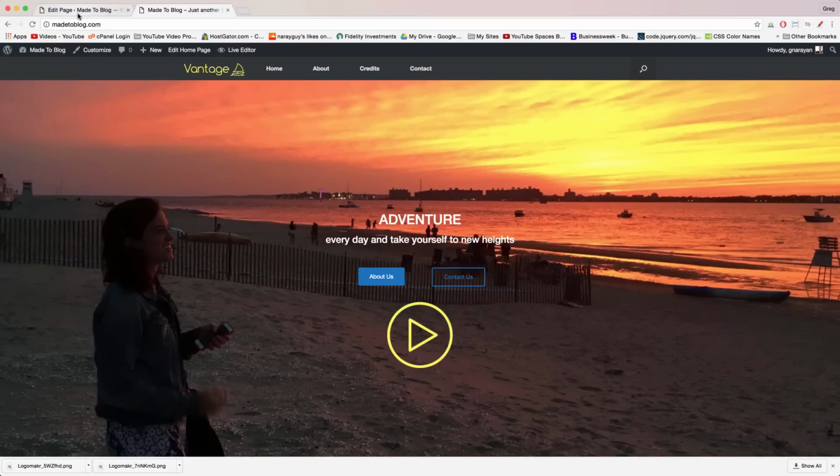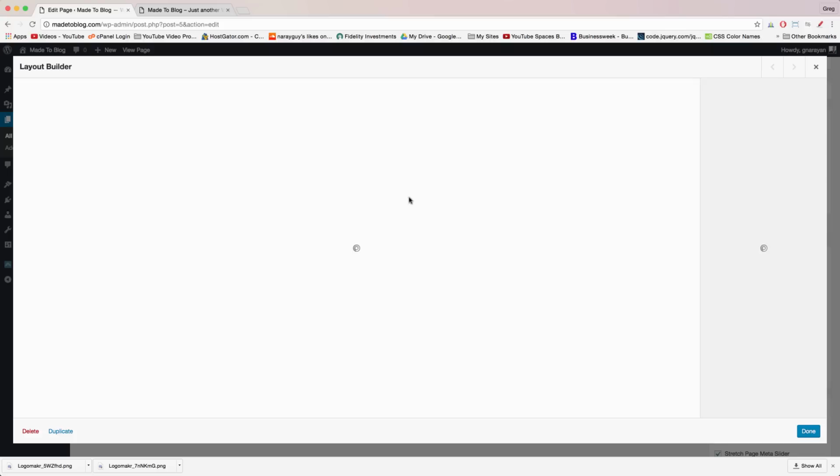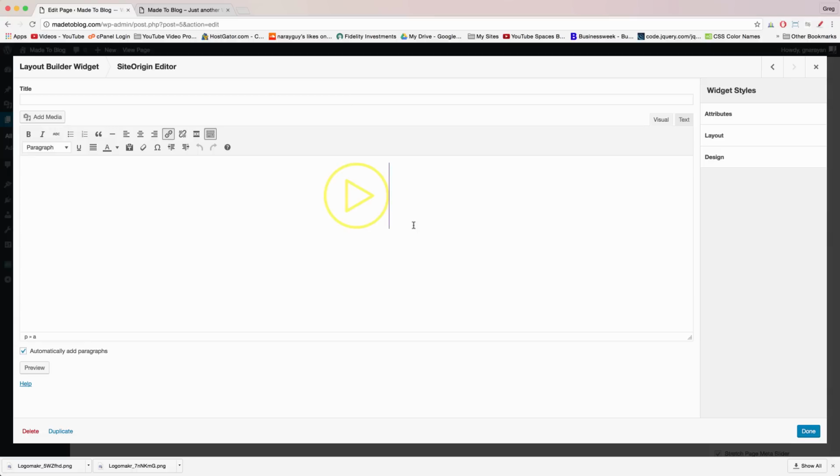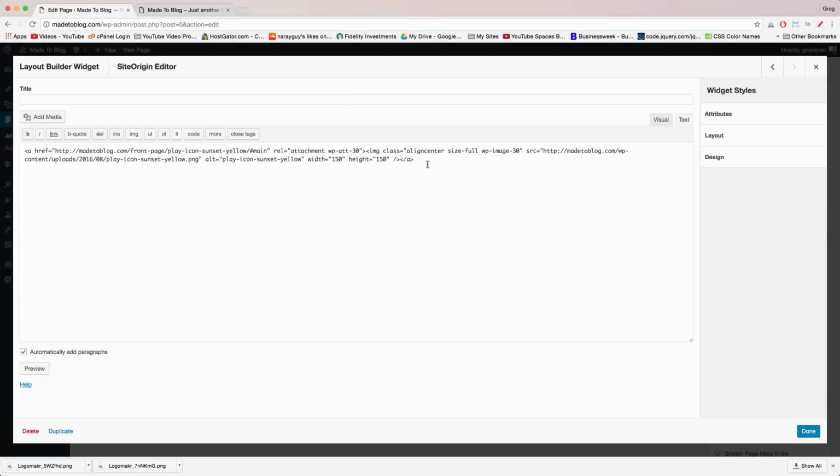To do that, come back to Edit Page, and let's go back in Layout Builder, Site Origin Editor, and now we need to go to the Text tab. So we can click Text, and I'm going to walk you through how to make some basic edits to this image HTML. Alright, and this will actually help you a lot in the future because it will show you how images work in WordPress and on the web, and how you can change how your images look and what they do. Alright, first we need to get a link to the video that you want to pop out when someone